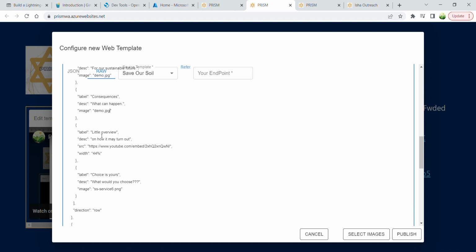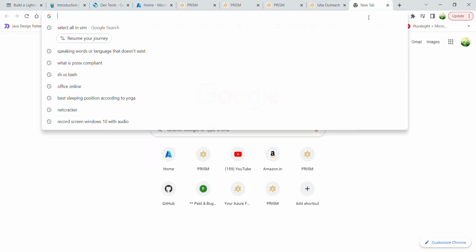So you see this, this is a video here. In case of an image, we have image colon and the corresponding image name. But in case of a video, we will have a src here, and this URL is youtube.com/embed. So this part, if you want to experiment, let's say I open YouTube